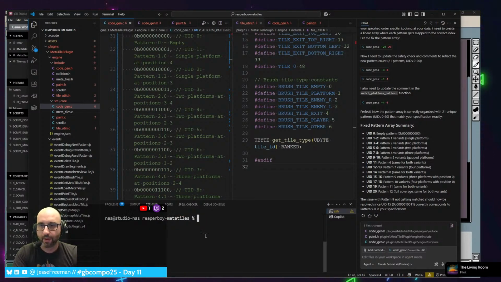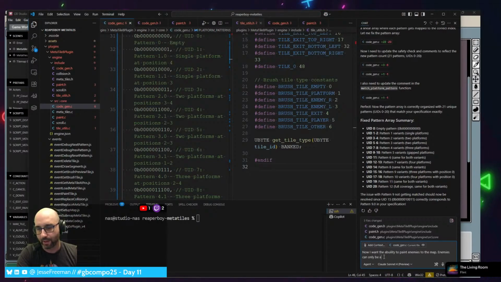Clear. Okay. So now that we've done this, I want to add in the ability to draw enemies. I want the ability to paint enemies to the map. Enemies can only be added above a platform, and painting, and the first paint should